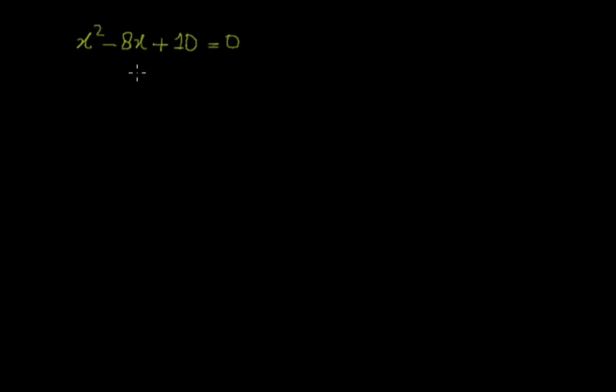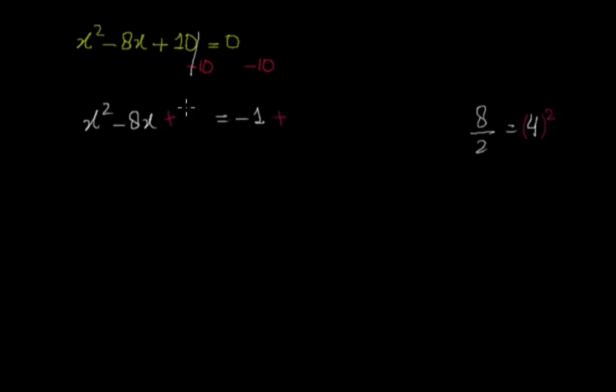Now let's take a look at another example. Pause the video and try to solve it by yourself. So the first thing we do is subtract 10 on both sides. So it becomes. Now we focus on this term over here and take half of it. That's 4. And whatever quantity you get, you must take the square of it and add it on both sides. So it's